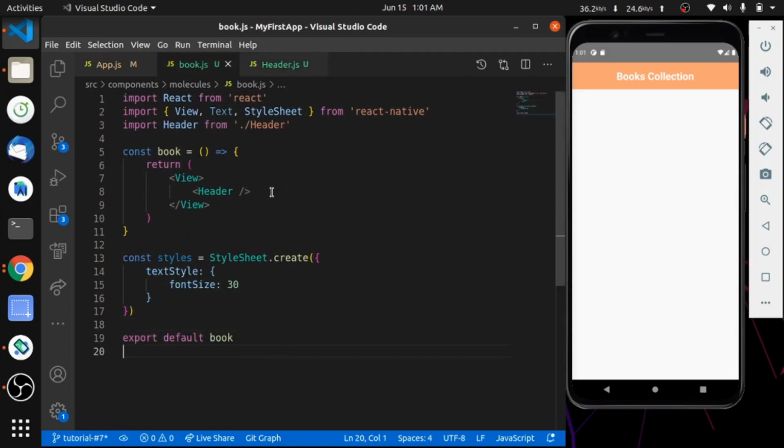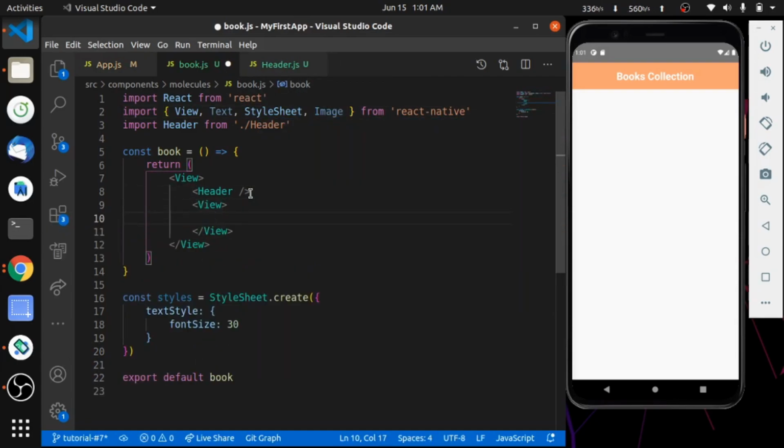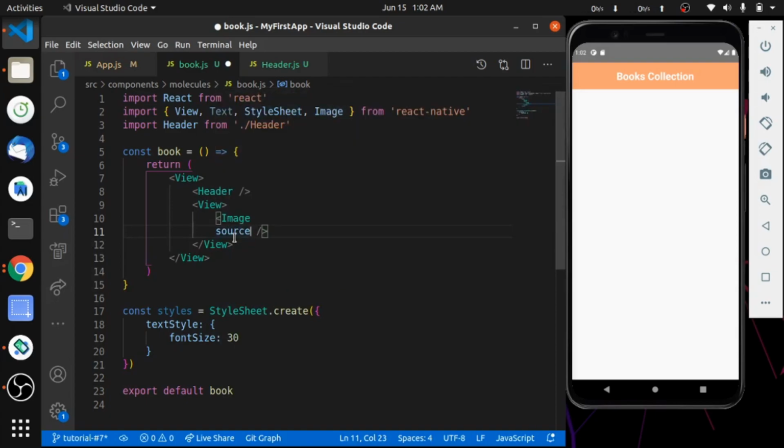Let's just say I want to add an image here. So what I'm going to do is import Image and use it here like this. Now we need to give it additional information like the source for the image, or the URL of the image.